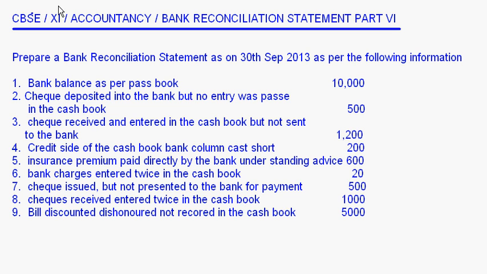credit side of the cash book bank column cast short. Now the credit side of the cash book bank column contains all the payments, right? Now when the credit side of the cash book bank column is cast short, means the payment side has been cast short by 200 rupees, which means the cash book balance is more, right? Which means the cash book balance is more since the payment is being shown as 200 rupees less, whereas